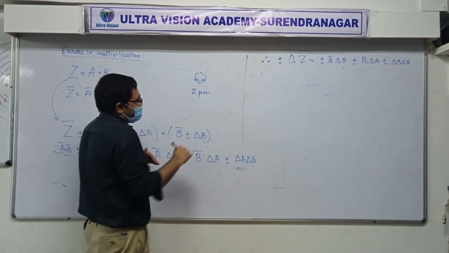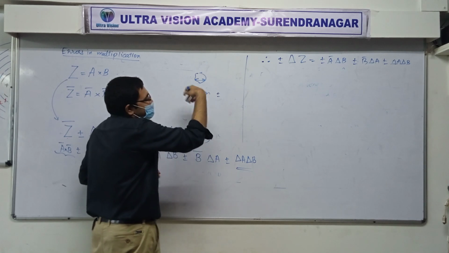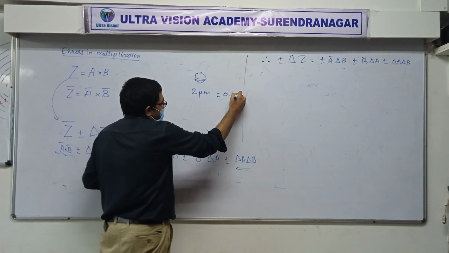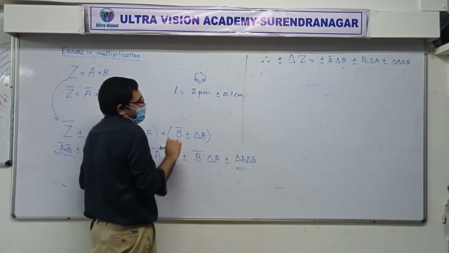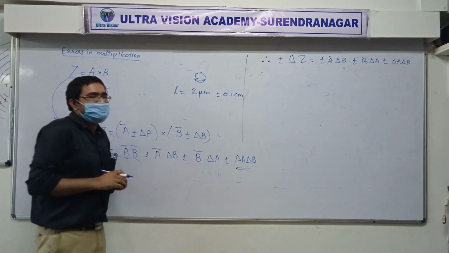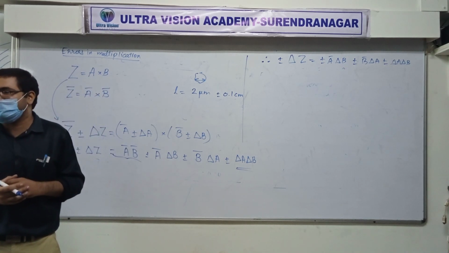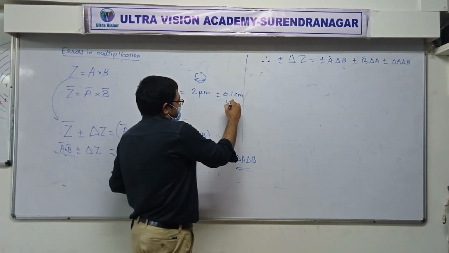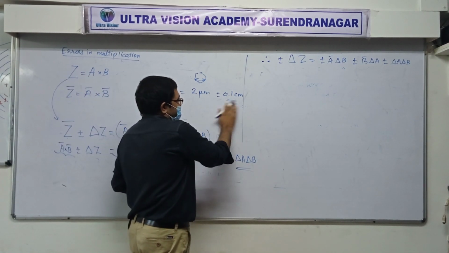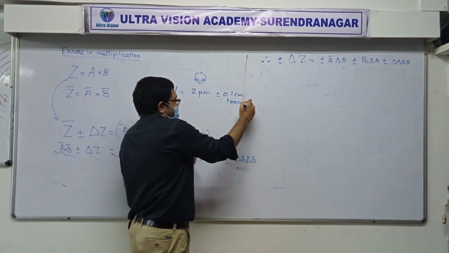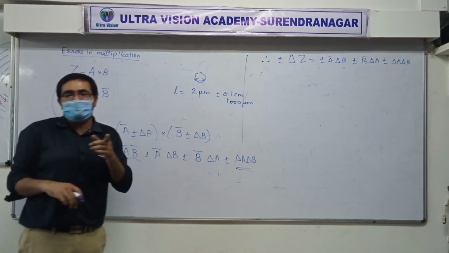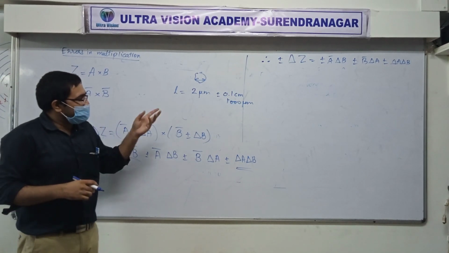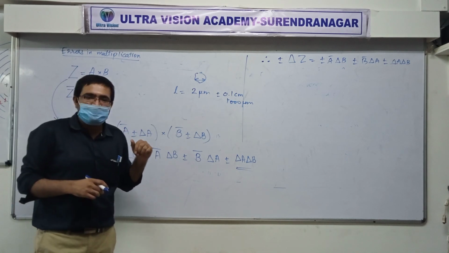And if you try to measure it with a ruler, even if you imagine that we could do it, we can't actually, but even if you imagine, then the situation will look like this. The size of the amoeba measured is 2 micrometer with an error of 0.1 centimeter. So basically 0.1 centimeter means 1 mm. And 1 mm means 1000 micrometer. You will get that if you look at that table of prefix. Look at the funny situation we have.